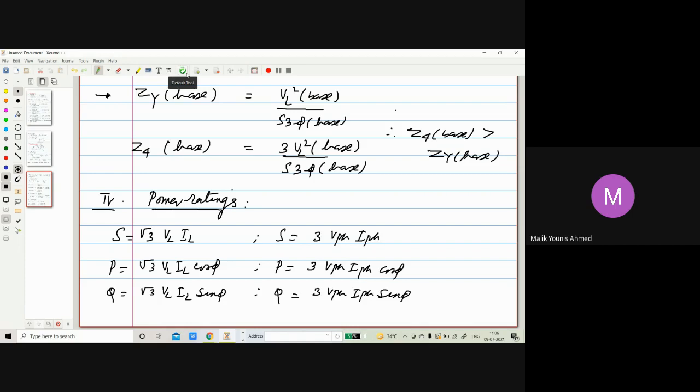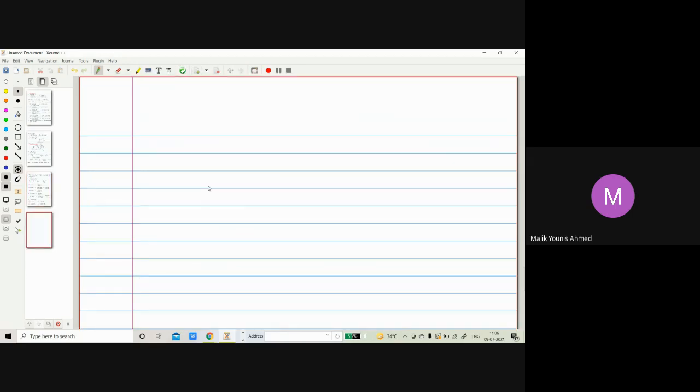Again, I will be doing the same practice. Complex power or the apparent power in per unit will be actual value S divided by S base. And then again, real power in per unit will be P divided by S base. Whereas the reactive power in per unit will again be the actual value of the reactive power divided by the S base. So this you already know.